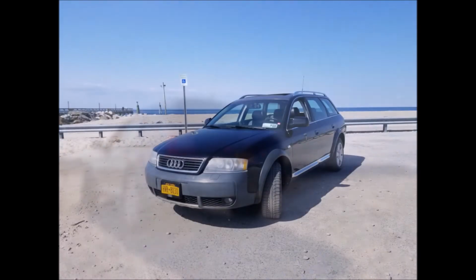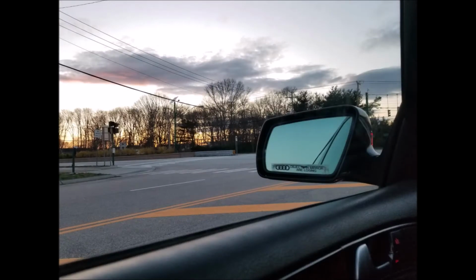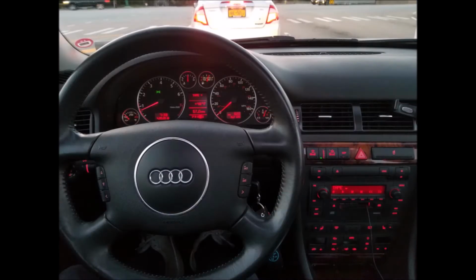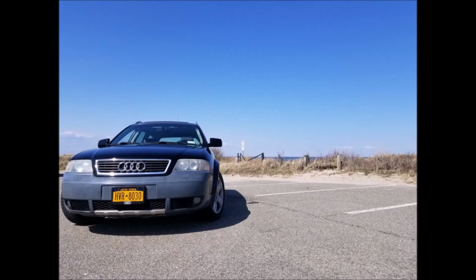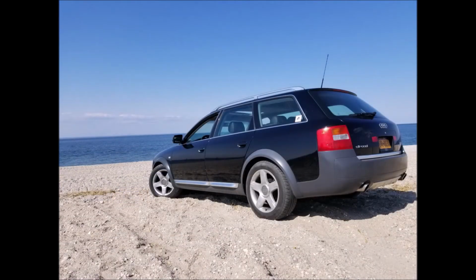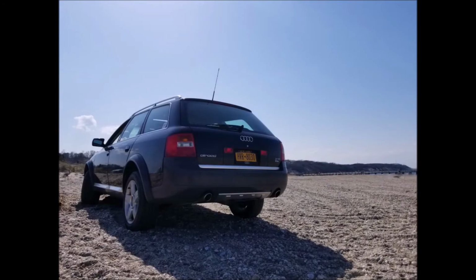And now here, the Audi has a couple of glamour shots at the beach, and then right after, I got it all nice and waxed up. I drove this car around for over 8 months, so if you have any questions pertaining to this Audi Allroad